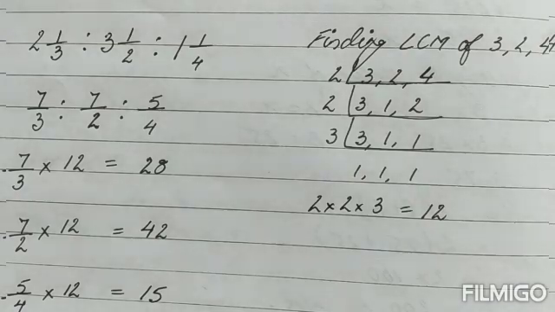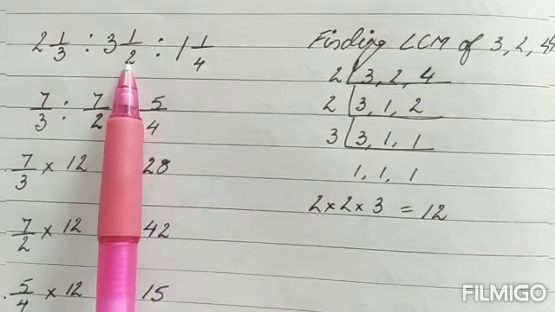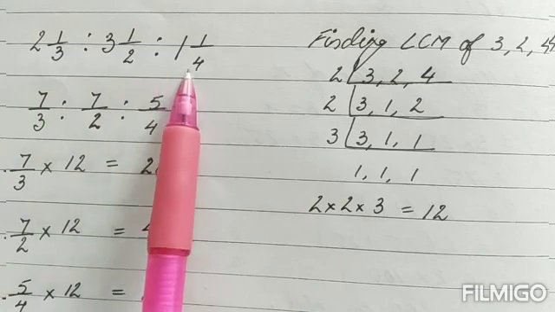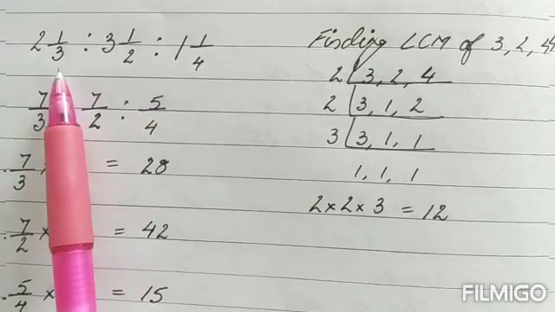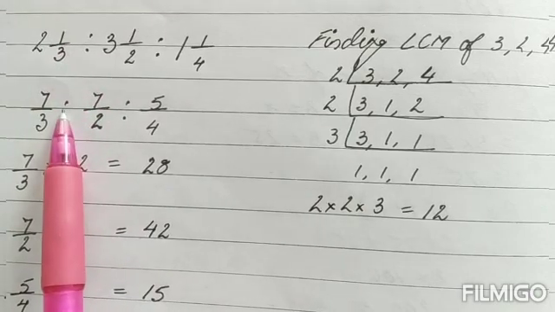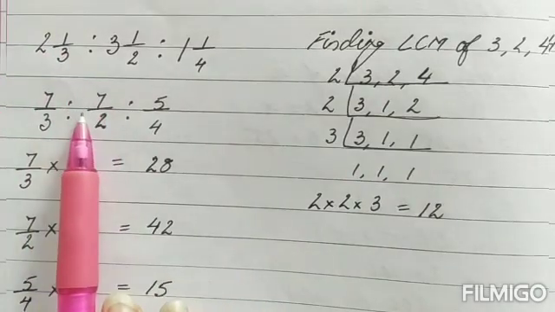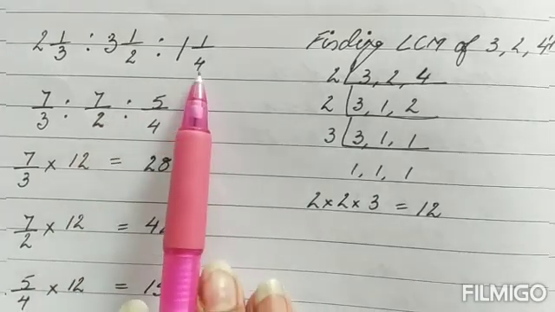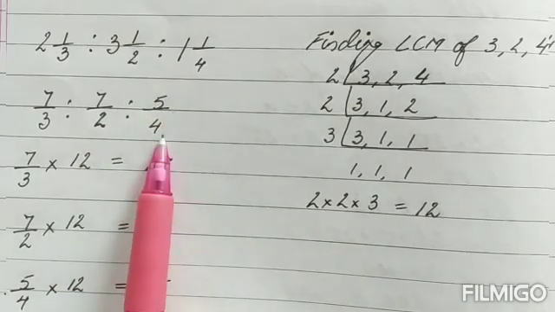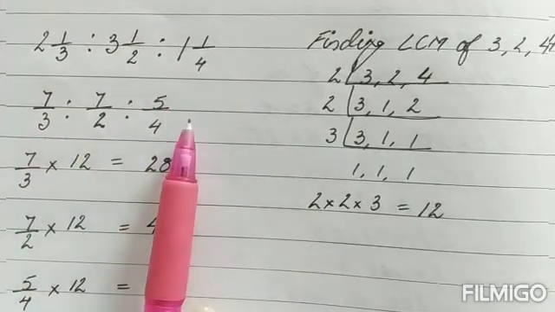Coming to question number C, the third part, children. Now this is a different question because over here there are 3 quantities given which have to be reduced to the lowest term. And all the 3 are given in the form of a mixed fraction. So the first step will continue to be the same, that is to change them into the improper fraction. Let's start. 3 2s are 6 plus 1, 7 upon 3. 3 2s are 6 plus 1, 7 upon 2. And 4 1s are 4 plus 1, 5 upon 4. So we changed all these mixed fractions into the improper fraction.